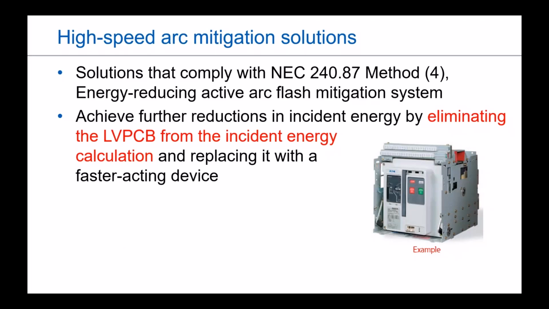So there's multiple varieties out there, and one of the ones I talked about already is the one that you're still relying on that low voltage power circuit breaker to be part of your clearing time equation. So you still get the limitations that all the other methods do. So instead, we start looking at, okay, what do we do when we can take that out of the equation? How do we speed things up and have a faster acting device that gives us that much shorter clearing time, which then means a much lower incident energy level?